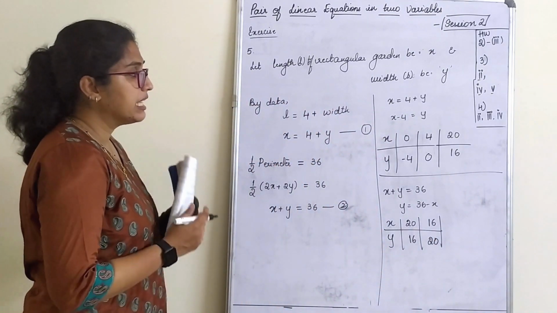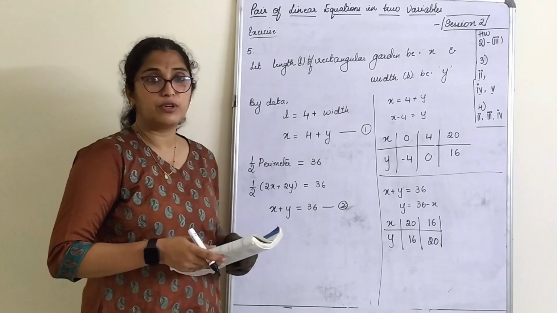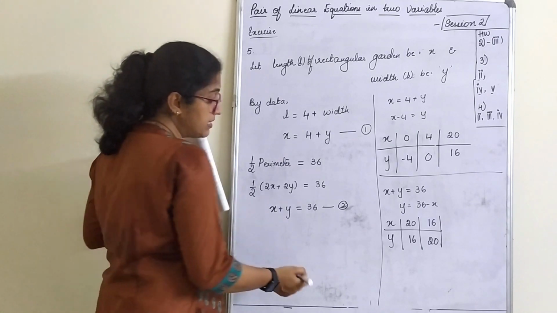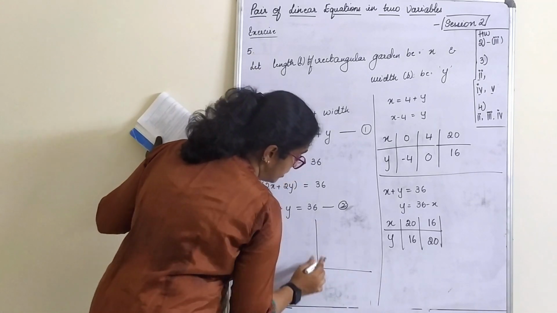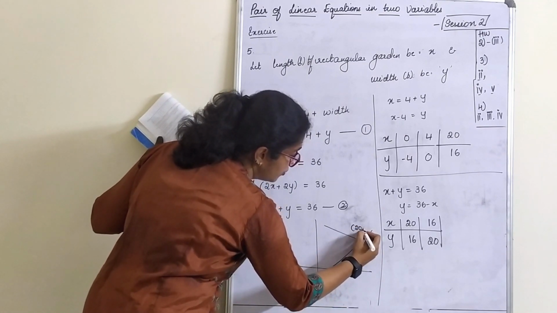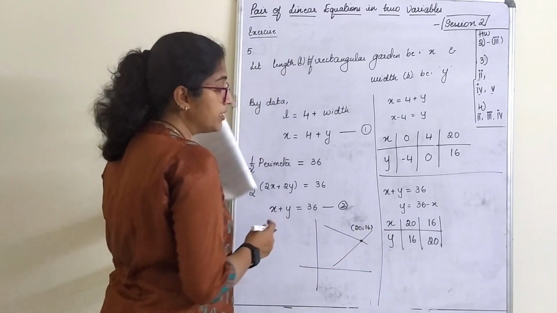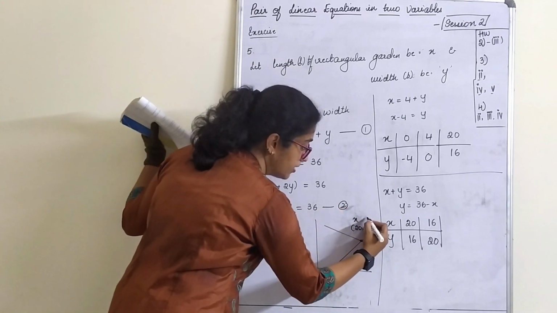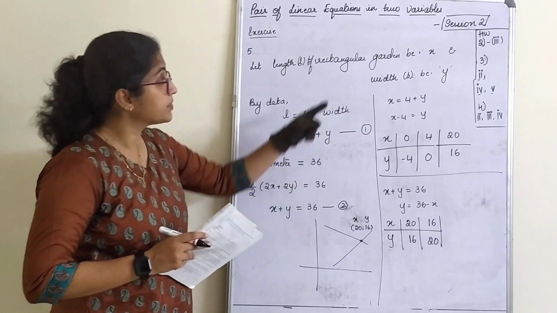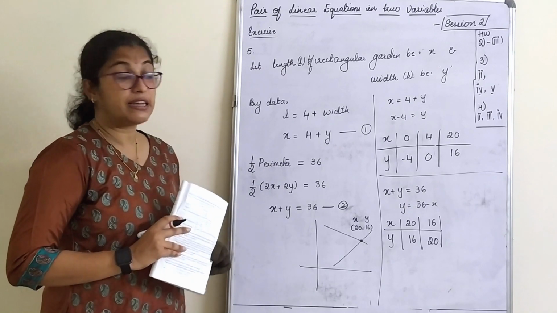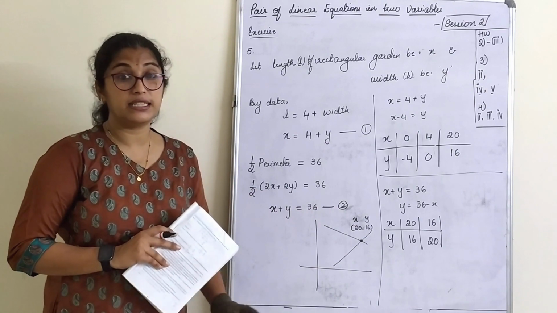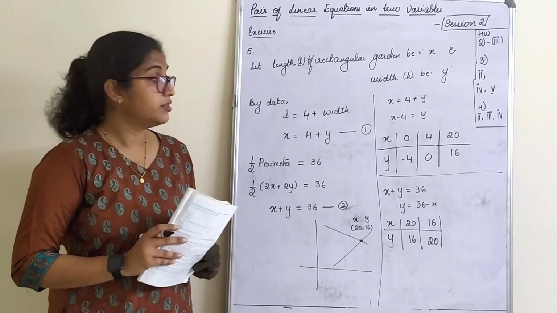Now, these 2 points. Look at the graph here. What are the common points we have got? We got 20 and 16, 20 and 16 here also. That means when you draw the graph, probably the intersection goes like this. Somewhere it is 20 and 16. What does 20 represent? X. What does 16 represent? Y. Final answer for the graph will be x's. Therefore, length of a rectangular garden is 20 and breadth of a rectangular garden is 16. That should be your given conclusion, right?